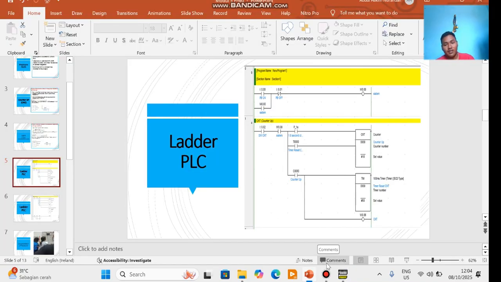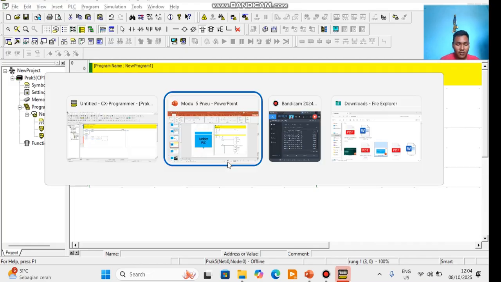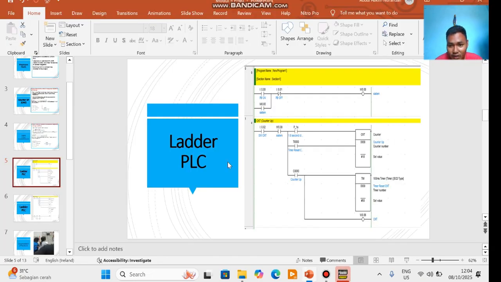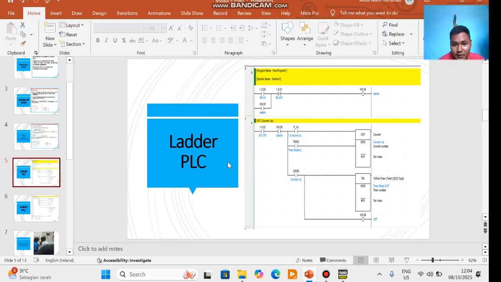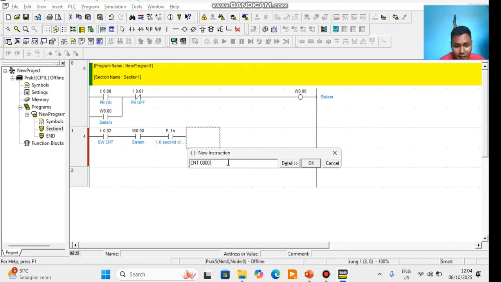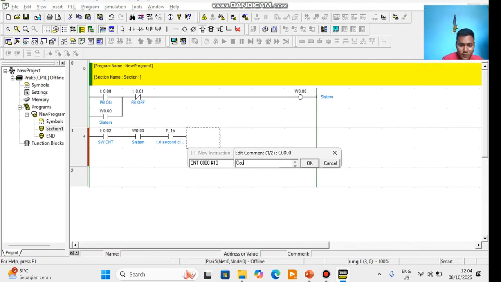And next, you add an instruction function. The instruction is CNT 000 with preset value 10, with Control Up as the comment or name.